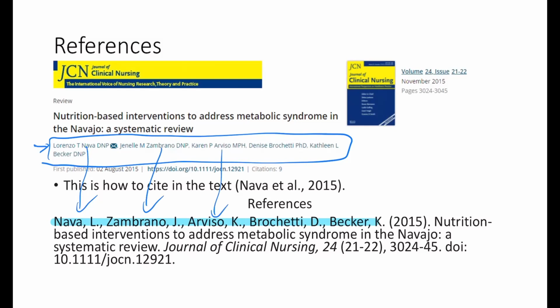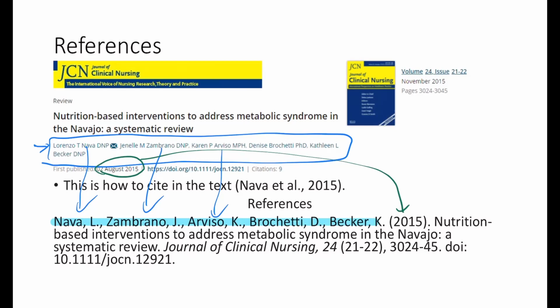Again, next thing we're going to look for is what year it was published. So here we see published in August 2015. It's great, we have the specific day, specific month. If you want to put that, that's okay. For articles, usually the year is sufficient, but for websites, as we're going to look at next, you do want to include as much information as you can. So you'd put the day and month, but here just the year is okay.